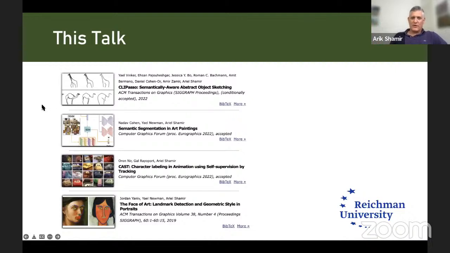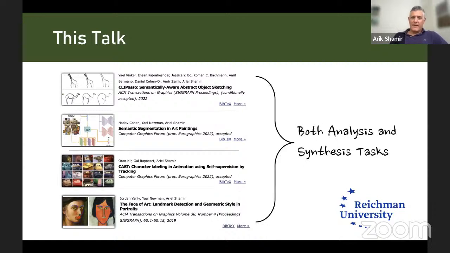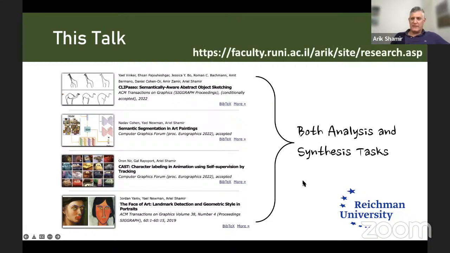This is joint work, obviously, of many people, both here in Israel, in the US, and in China and other places. The works are going to cover both analysis and synthesis applications. And if you want to learn more or see more details, I'm going to put here my website URL so you can visit it later if you want.